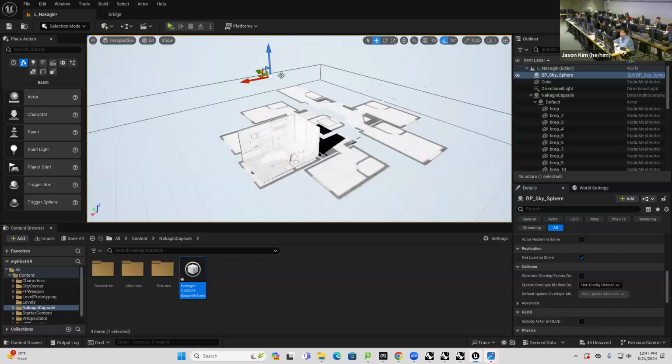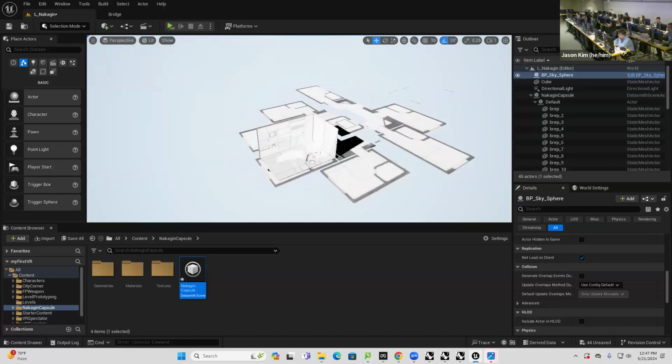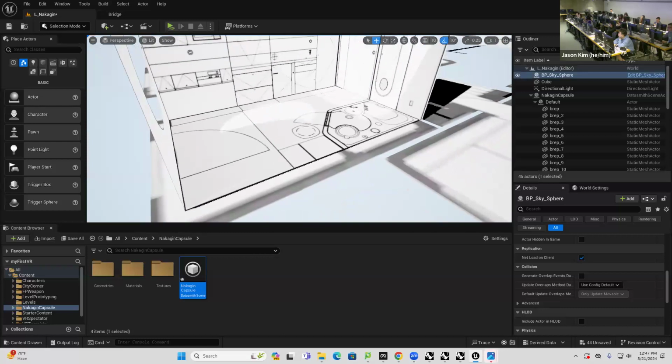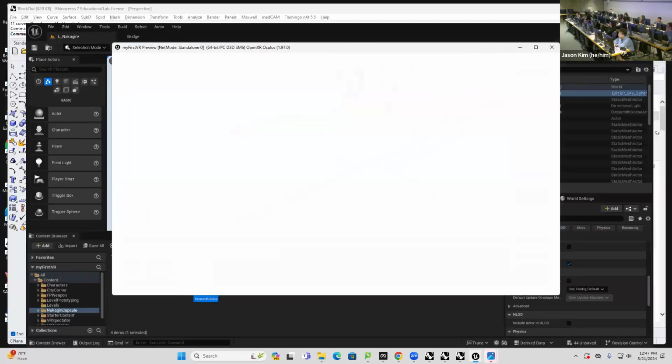Okay. So here's my scene. If I want to just not show all of my game elements, I can hit G and hide all of the game elements. It's referred to as game mode, right? And so this is essentially what I'll see when I hit play. And so if I hit play now,